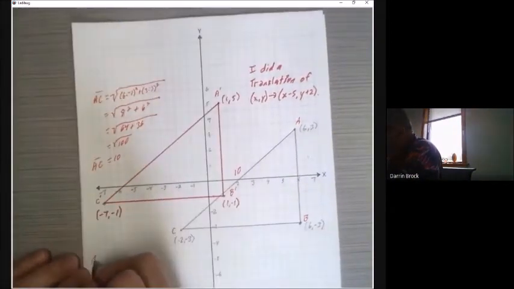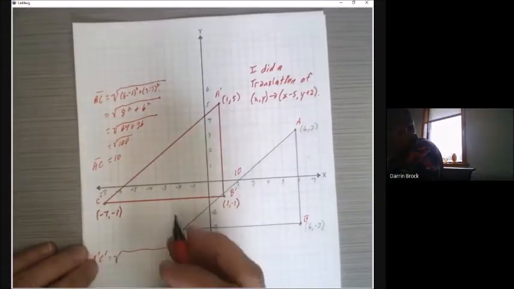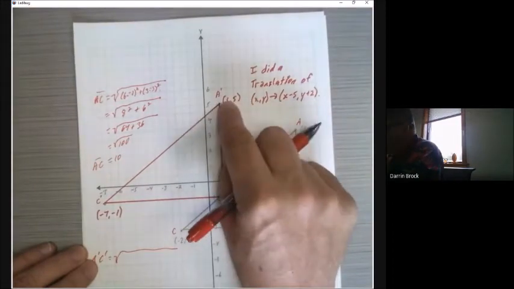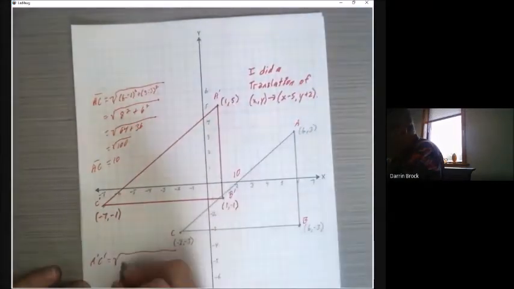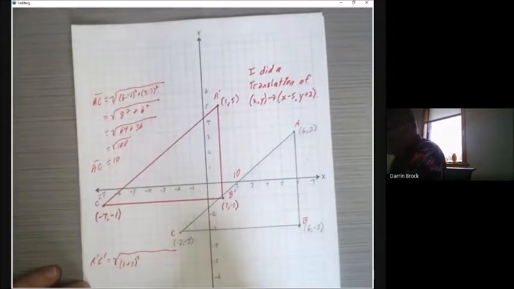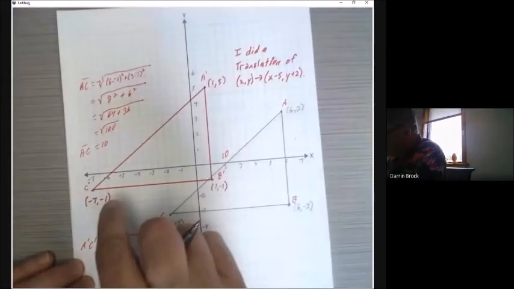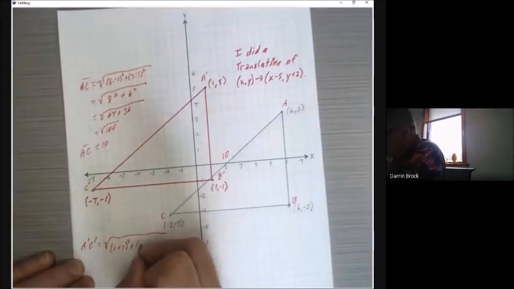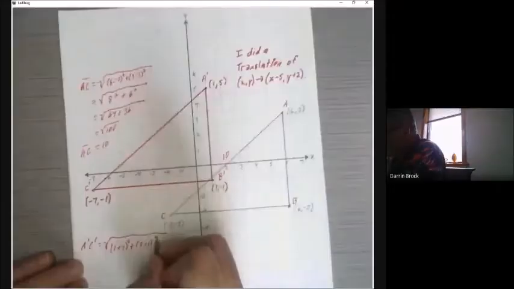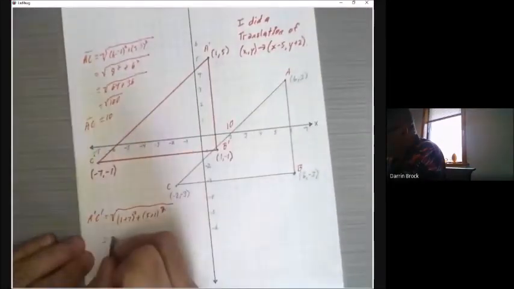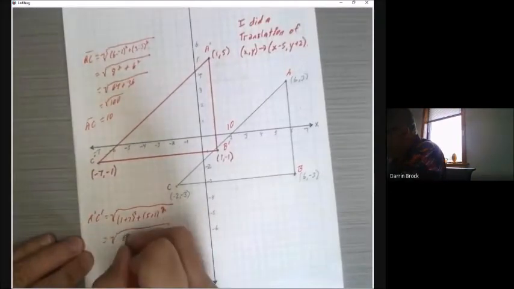So if I look at A prime C prime, the distance of that is going to be, I'm going to make this my x1. I can do it either directly as x1, but I'm going to just do this one. 1 minus a -7, I'm just going to say it's plus 7 because when you subtract a negative. 5 minus -1 plus 5 minus a negative, so it's 5 squared. All right, so the length equals, again, 1 plus 7 is 8, so we've got 8 squared plus 6 squared,